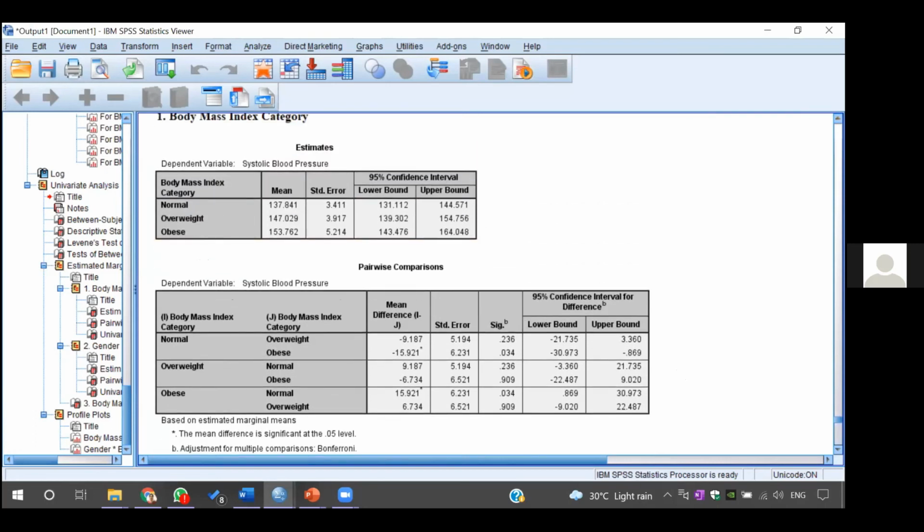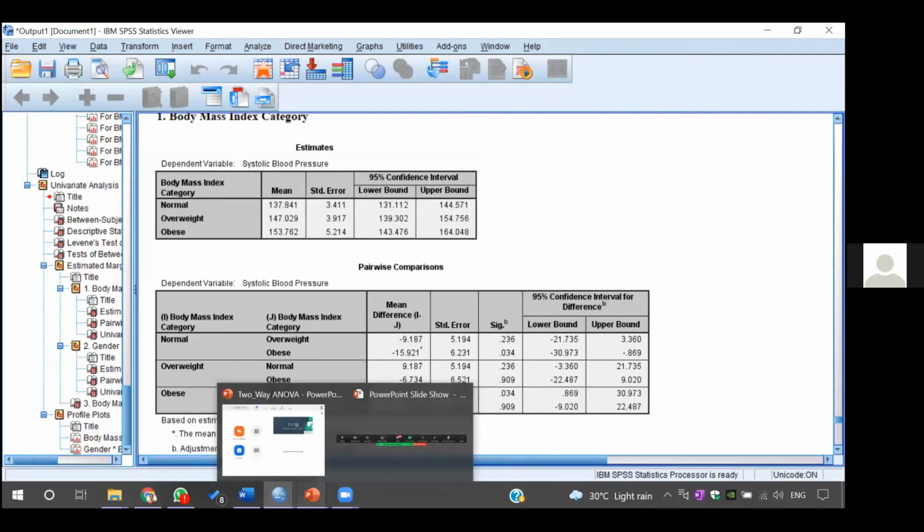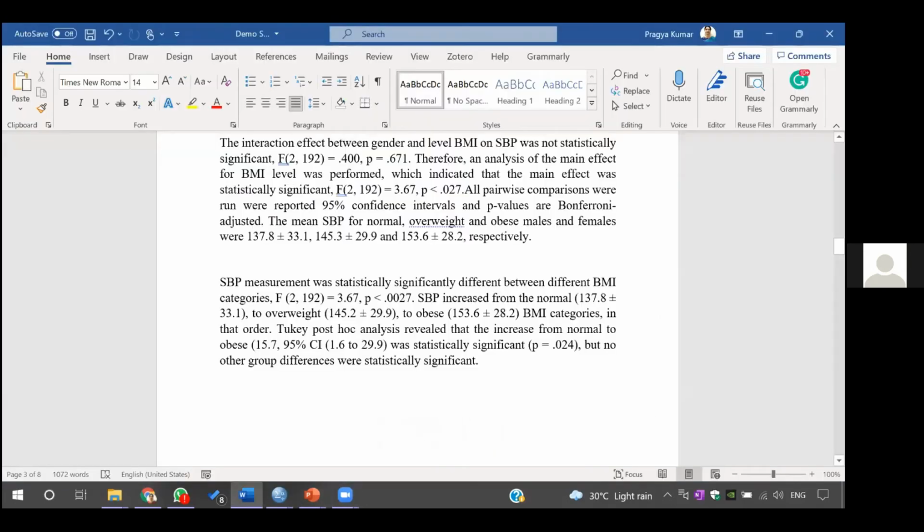So if you have understood up till this point, then we'll go to the second example where there was a significant interaction. So in that case, what to do? Okay. So now I will go again with the second example, and the second example was,